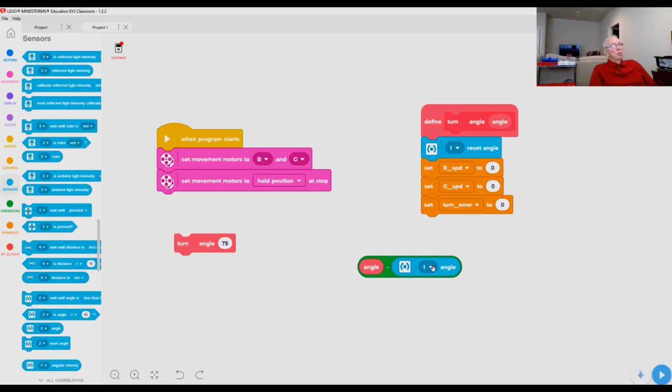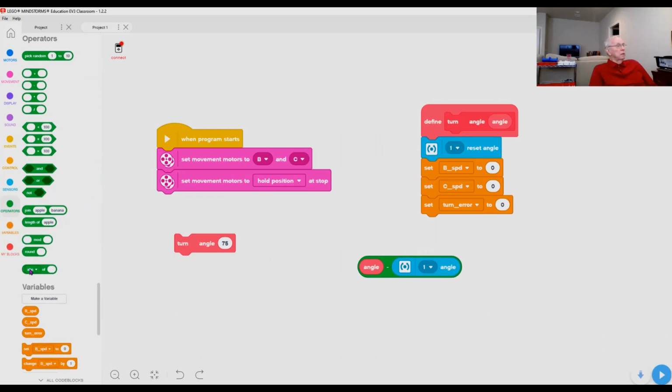There's one other thing I want to know about this. I really want to know how big it is for this particular operation. So I'm going to bring another operator out here called absolute value. If you recall, whatever number I put in here, if it's minus, it just returns the number without the minus sign. If it's positive, it just returns the number. So now I'm going to duplicate this,